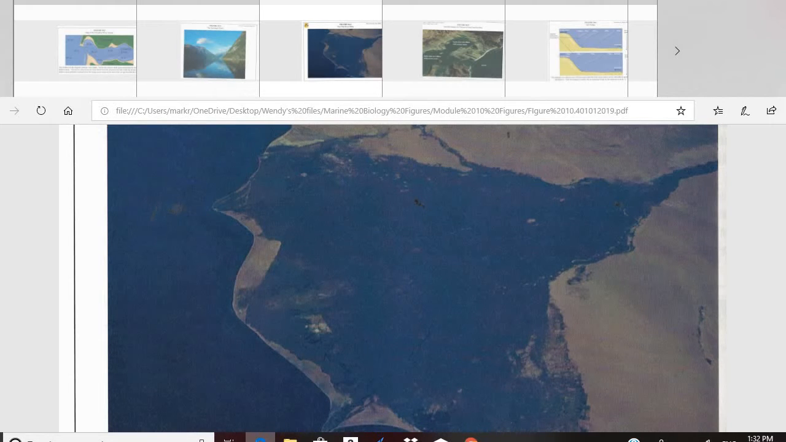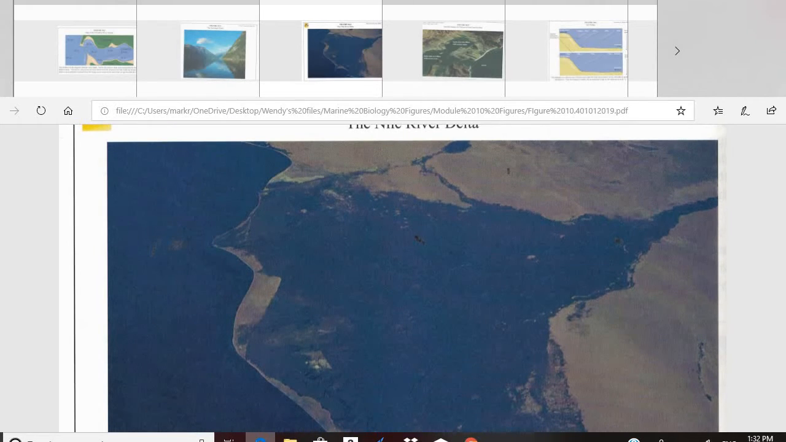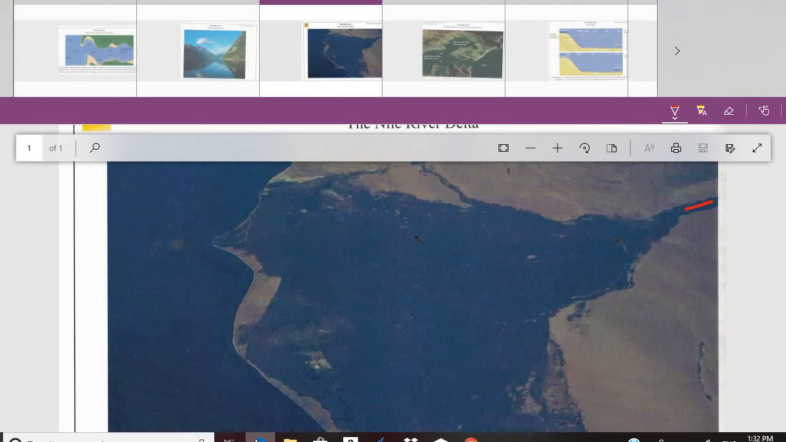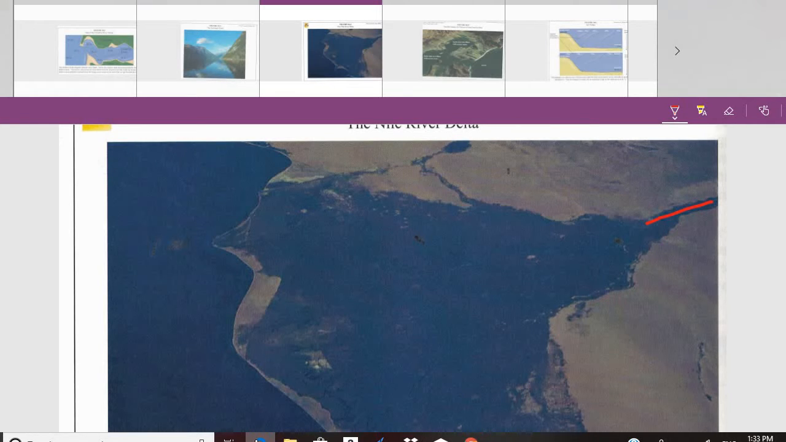Okay, so as the river is flowing into the ocean here, the banks of the river get eroded and carry all this sediment in with it. So you get this sediment that's deposited along the coast, and that is called a delta. Okay, then the last